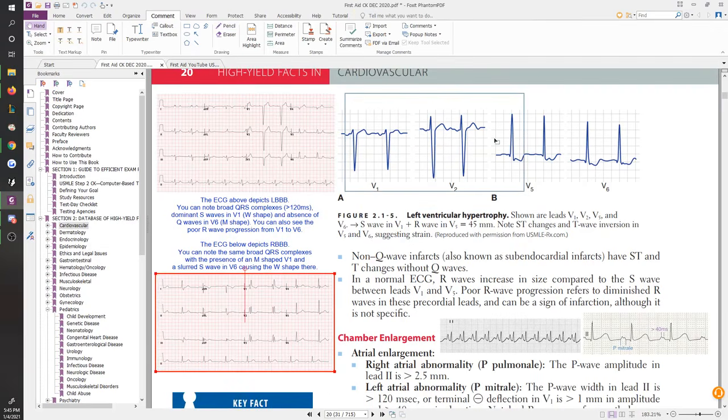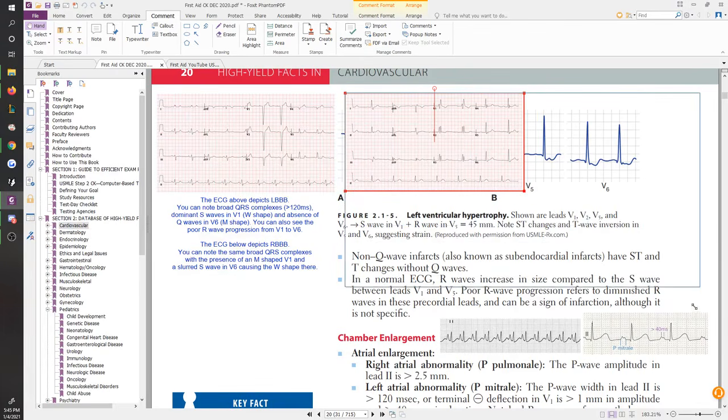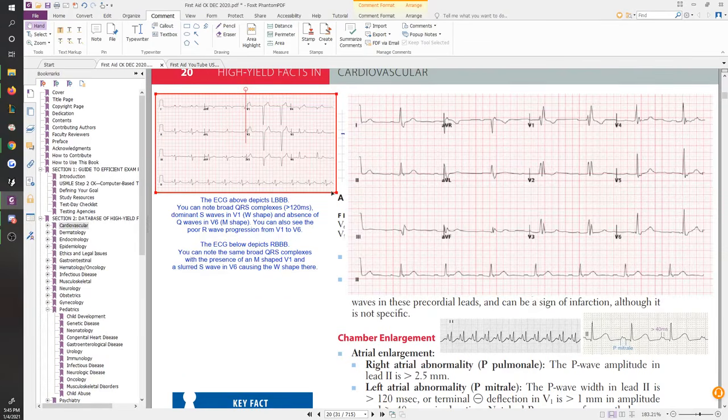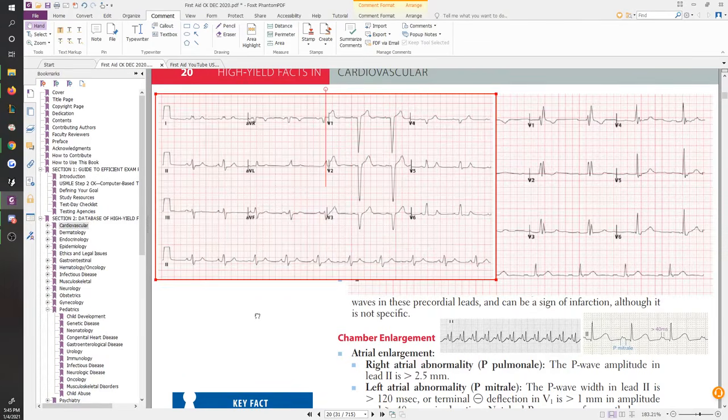So this next one here is supposed to be the other side. This is a right bundle branch block, so that's going to be your Marrow. Here, thankfully, it is very clear. As I was saying, compared to here, let me make them both equally as big so you can kind of see. I'm going to hover. If we're comparing the V1 here to the V1 here, you can instantly see that on the left one, the V1 does definitely not have an M. There is no M there, so it cannot be a right bundle branch block. The M is very clear on the right ECG that I'm hovering over there.